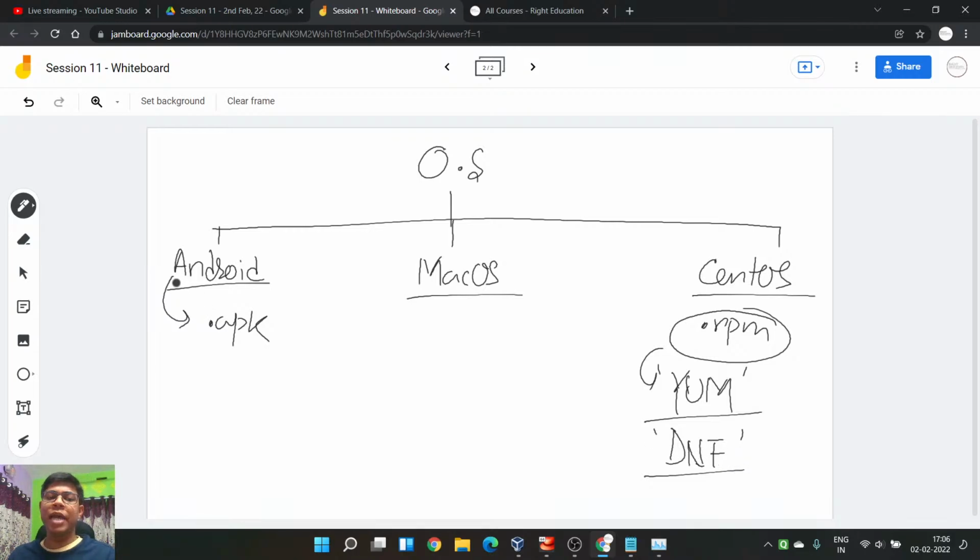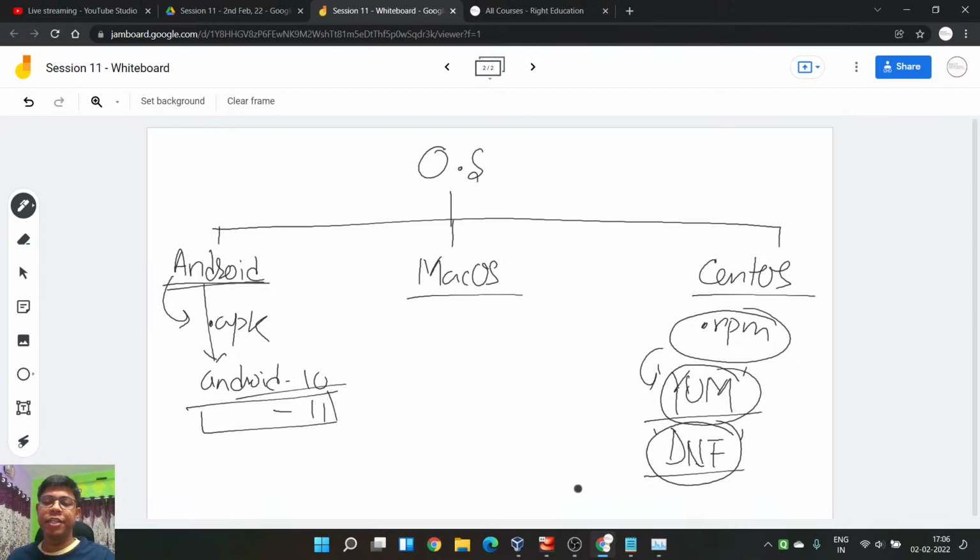If I talk about Android, in terms of Android, you have, let's say, Android 10 and Android 11. Both are exactly the same. It is not like Google is not working on Android 10, yeah, it is working on 11. Google, YouTube, every application is working on both platforms. But it is a little bit advanced, a little bit improved from this. So similarly, YUM we have, and after YUM we come to DNF.